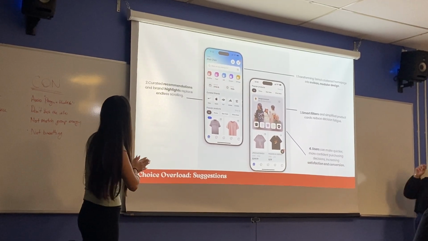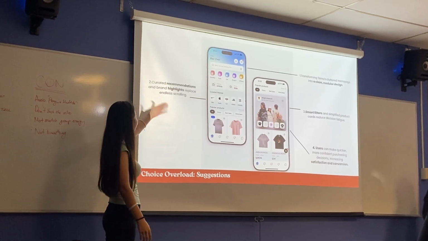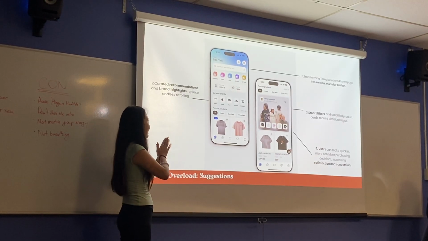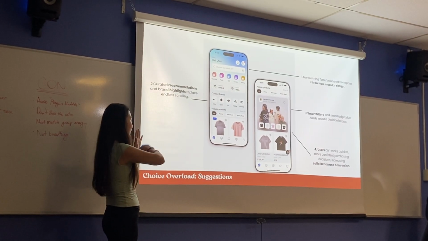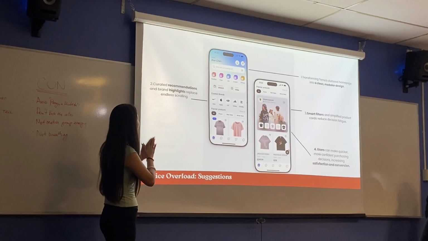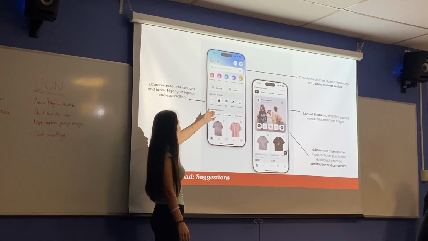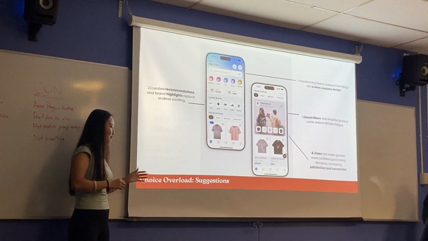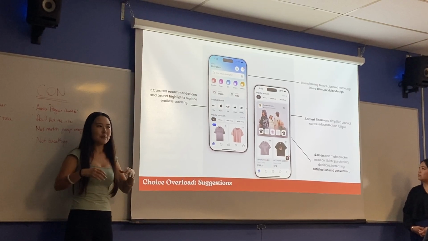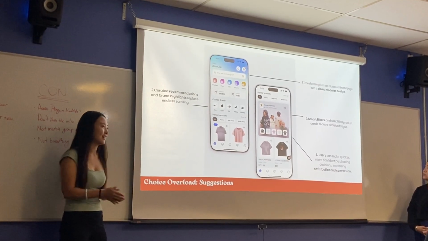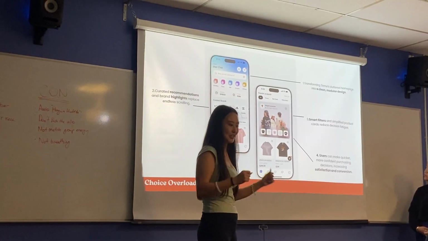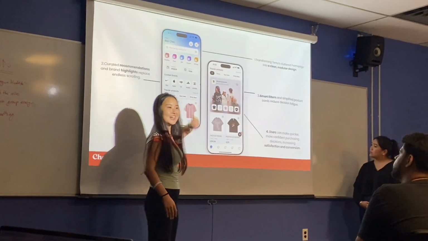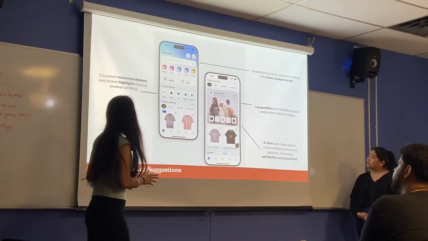And secondly, we created some recommendations and brand highlights to replace the endless scrolling. Like my teammate showed, there are too many products, and we cannot end up scrolling. So we highlight some products, like brands and popular or best sellers. It looks like people's own professional sales assistants. Like, hey sir, I know you have a kickboxing class. So I know your budget, you show it here, and you have the points in there, and this is the best choice for you.